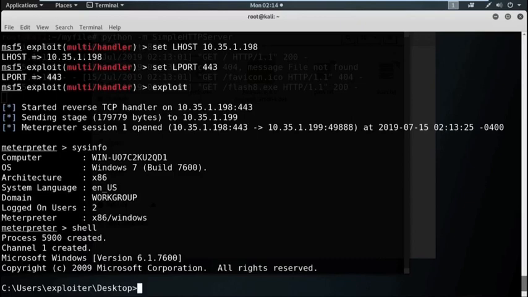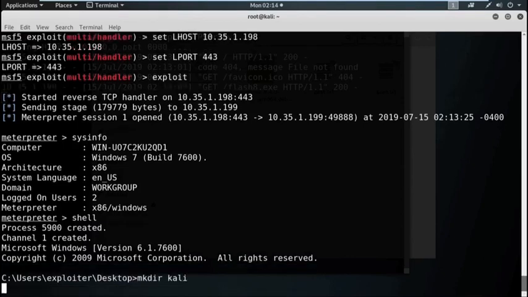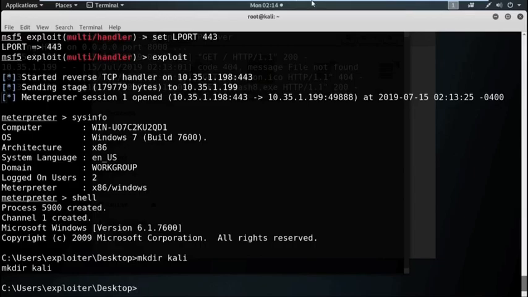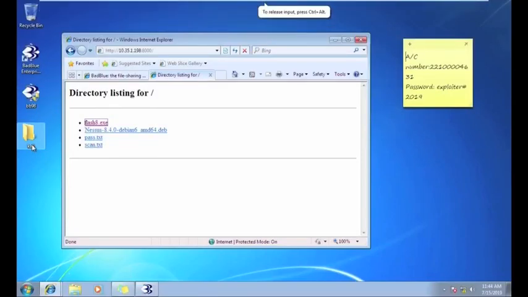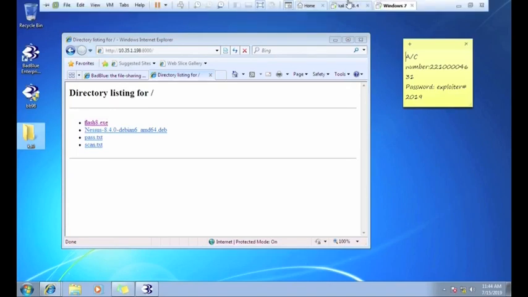Now, suppose I want to create a directory on the desktop. Using the command mkdir, I am going to create a directory with the name Kali. Now, see, the directory is already created on the desktop of the target machine.